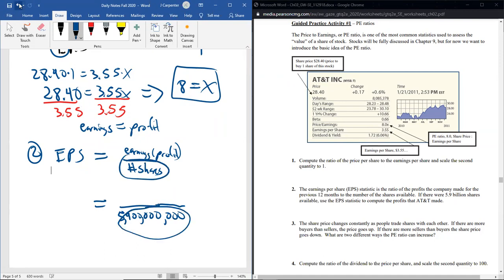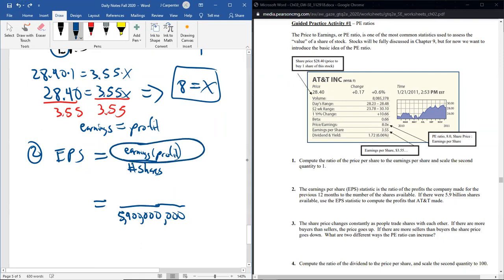That was the number of shares. It was told to us inside of the problem. The question they have is, compute the profits, compute the earnings. That's this. They have asked us to find this thing because it's unknown. It's not just staring us in the face. That's what we can call our X. And you go, well, hold on. How do I do this division if there's an X here? Well, they said to